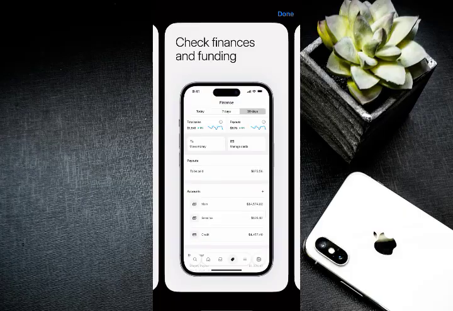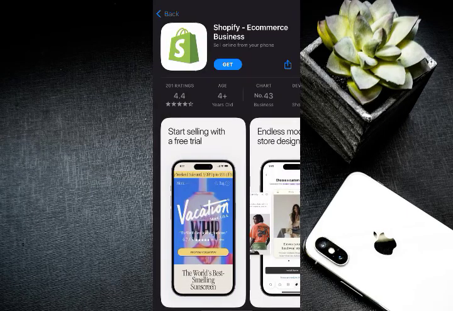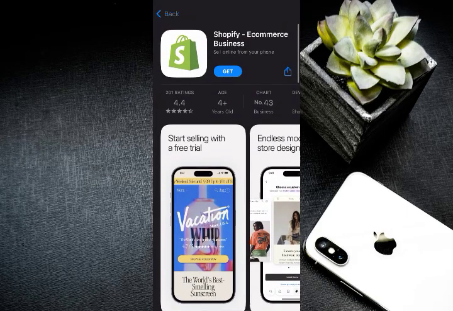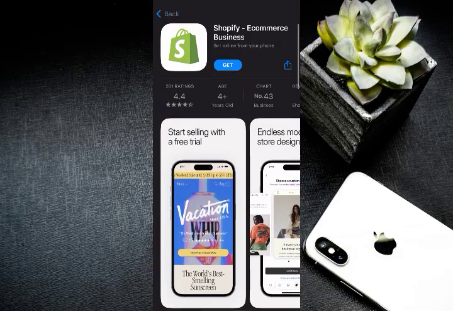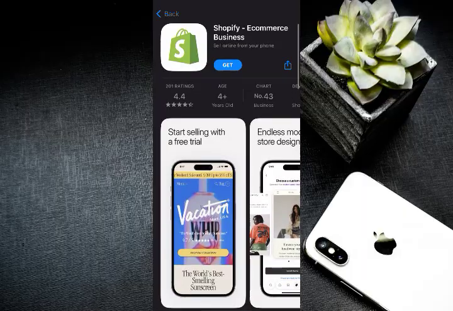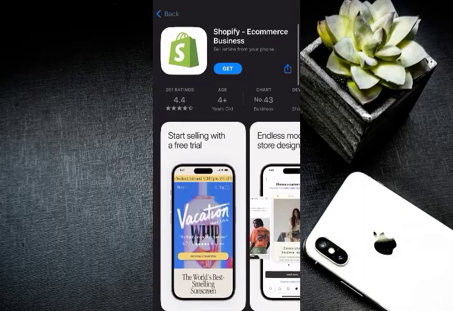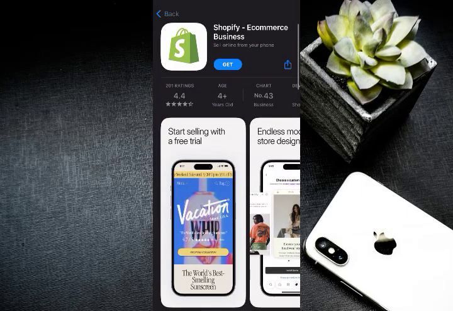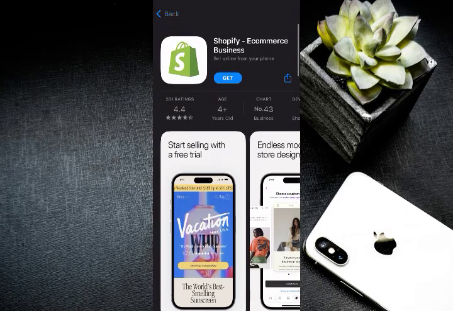To optimize for international customers, enable multi-currency by going to Markets in your Shopify settings. There you can add countries or regions and configure local currency. Shopify will automatically convert prices based on the current exchange rate, or you can set up a manual rate if available